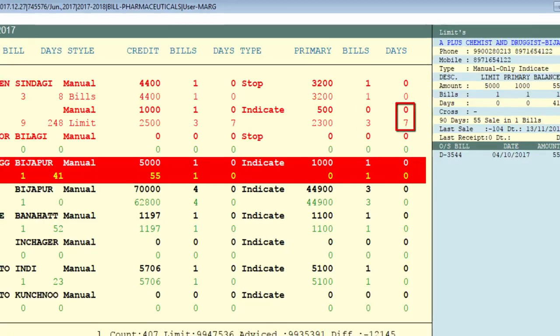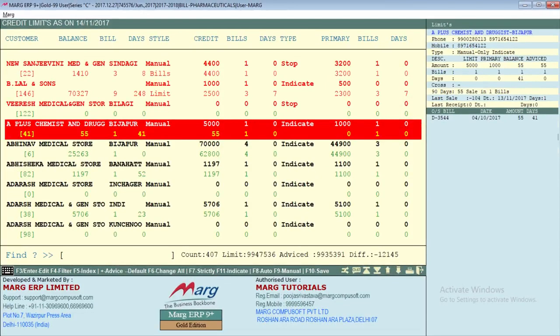And instead of 0, give primary limit of 7 days. Now here you can see software is showing you the difference between the limit that you have set on the ledger of this customer and the limit that is advisable according to the limit that we had just set, which is highlighted in green. Like we have set 70,000 rupees limit for this customer in his ledger, but according to what we have set in advised credit limit window, the limit that should be set is 62,800. So if you want to change the limit to advisable limit, then you will press the plus key. So in this way, the limit of this customer will change.